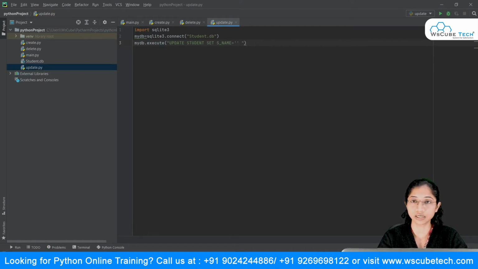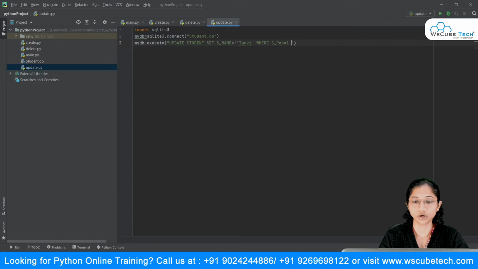It is currently Tanzila, and I want to set that to Tanvi. Here I will have to give the condition, so I will say where s_r_number is equal to 1.